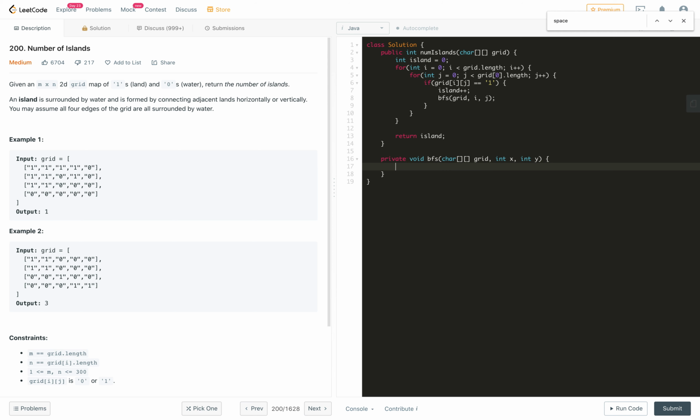Now for processing in the 4 directions, let's create a 4 directional vector, a 2D vector.